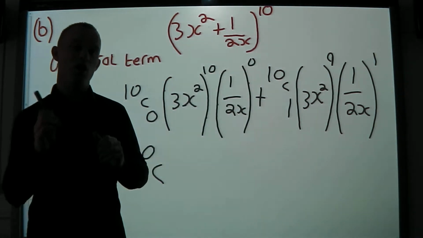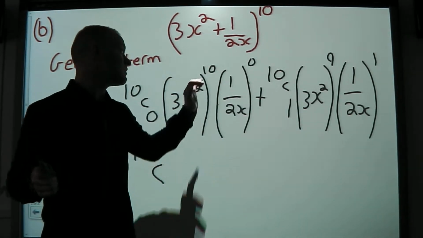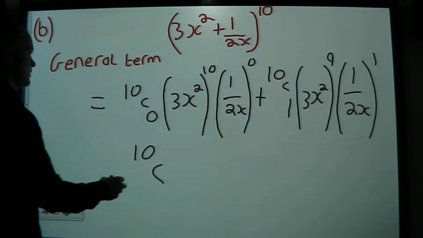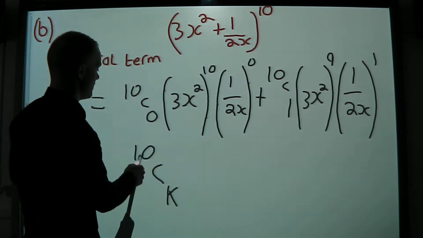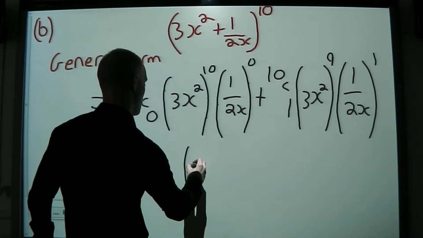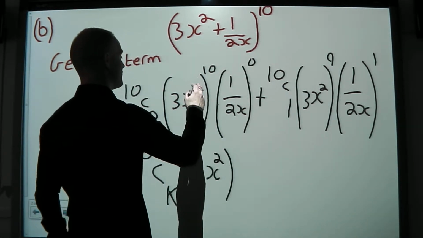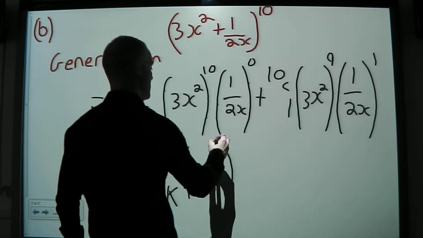Remember, those two terms are always going to have to add up to 10. So 10 and 0 is 10, and 9 and 1 is 10. So we let this term here be equal to k. So that implies our 0 term in this case will be 10c0 times 3x squared all to the power of, remember we have to write most of these in k's here, so that's going to be 10 minus k,